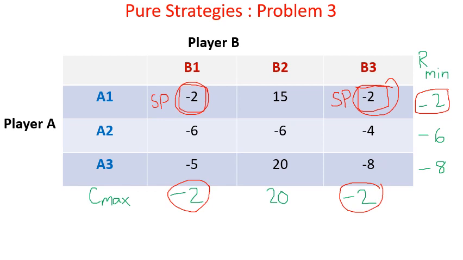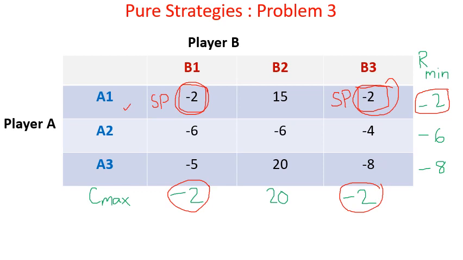What does this mean? See, the value of the game will not change. Value of the game is still -2 here. But the optimal strategies for B will be more than one. For A, it is only one. So optimal strategy for A is A1. This is the optimal strategy because both the saddle points correspond to the strategy of A. Whereas for B, B1 as well as B3 now become the optimal strategies. So the optimal strategy for this particular problem is A1 B1 or A1 B3. A1 will remain same, but B has B1 or B3.